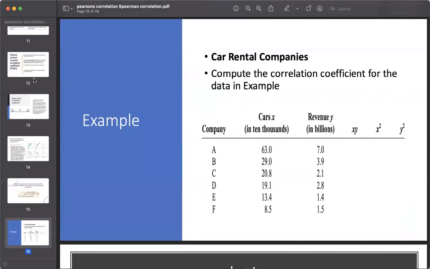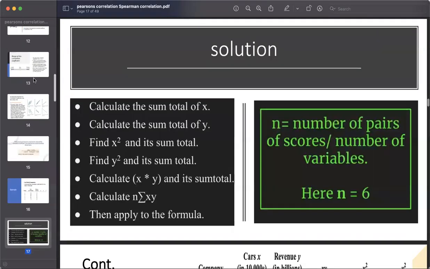Now we see the example. Car rental companies compute the correlation coefficient for the data in the example as shown in the table. There are six companies, where X is the number of cars and Y is the revenue, as shown in the table. Now the solution: first we calculate the sum of X, then calculate the sum of Y. Find X squared and its sum, find Y squared and its sum, calculate X times Y and its